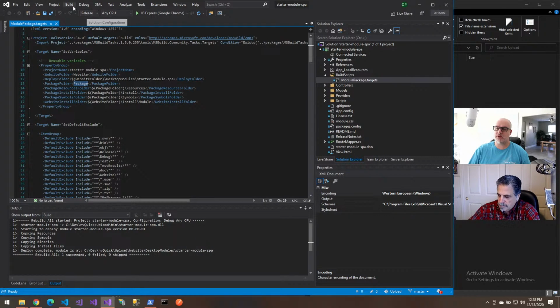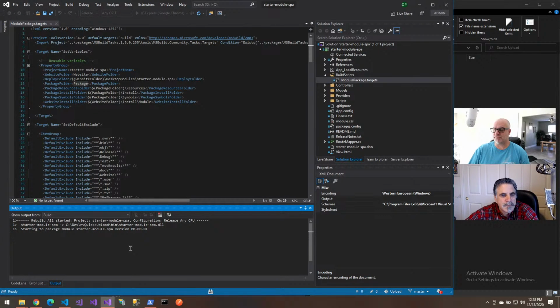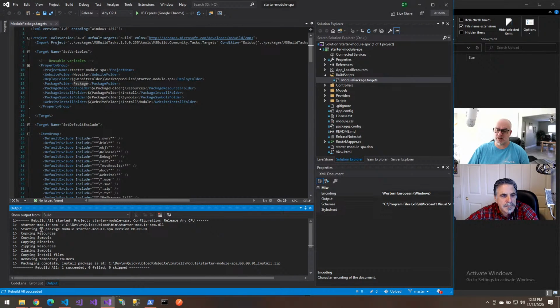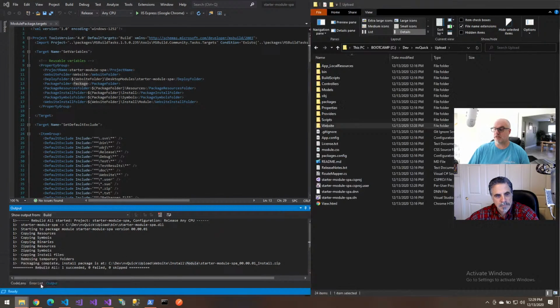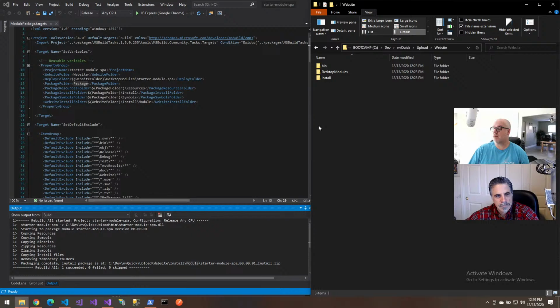I'll switch that over to release mode and then build, rebuild solution. So now you'll see it does a little bit more. It puts the DLL in the proper folder to compile it, but then it actually creates an install package. And this install package, it actually put it in website install module, and then the name of the package. And what's cool about that is that in DNN,